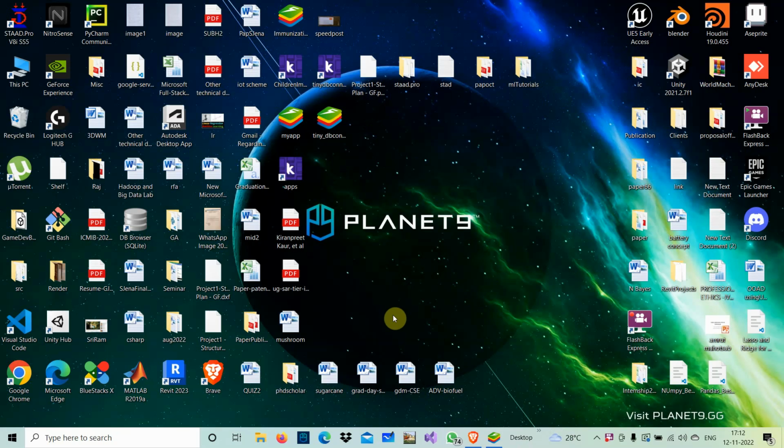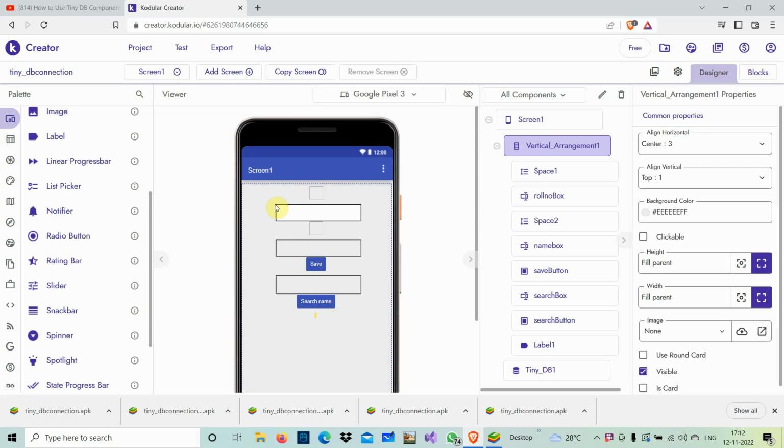In this Kodular app development series, we have already seen two videos. In these videos, I described how to create an app and how to deploy it, or how to emulate it. So here, first of all, we go to the Kodular